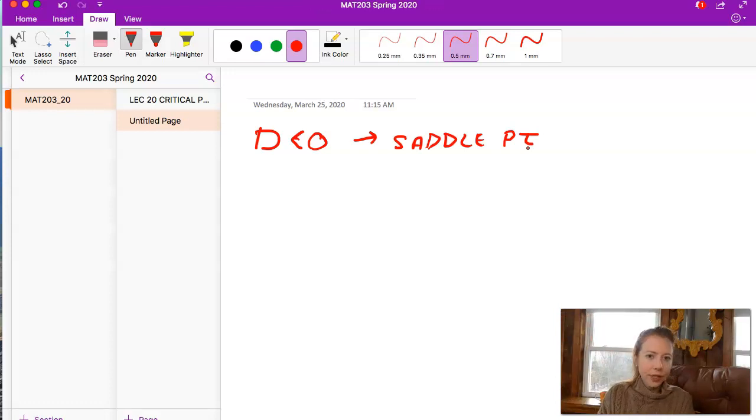All right. And if D is equal to 0, we have to determine by hand whether it's a max, min, or saddle, and we do some trial and error for that. Basically, we plug in some points and see what happens. All right, so this is going to be determined